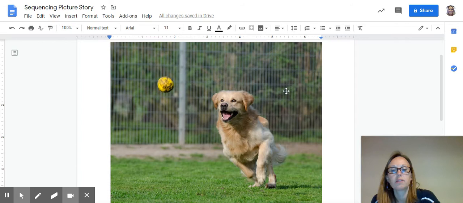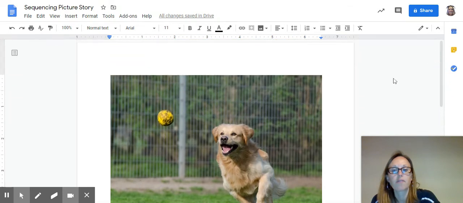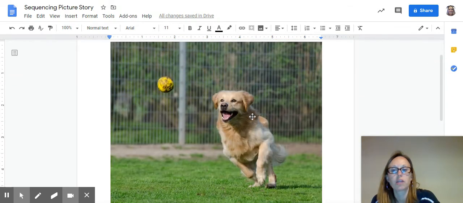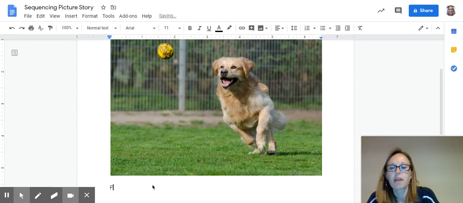And this is my picture that I'm going to be using. So if you can see, I have a picture here of a dog and there's a ball. So I'm going to think of maybe what happened before this picture, okay? So when we're using sequential order, we might use the word first. So I'm going to say first,